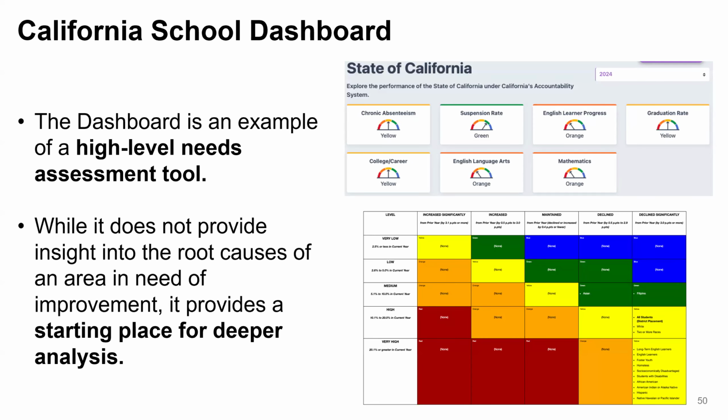The California School Dashboard, along with its additional reports sections, function as a strategic high-level needs assessment tool. And as Augustine stated in previous slides, it offers a starting point for data gathering and deeper analysis. Despite not identifying root causes of improvement areas, it does equip staff and educational partners with essential data literacy skills, emphasizing both overall student performance and the disaggregation of data to highlight equity gaps and prioritize support for student groups with greater needs.